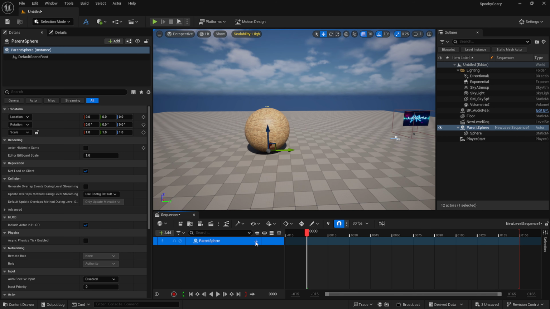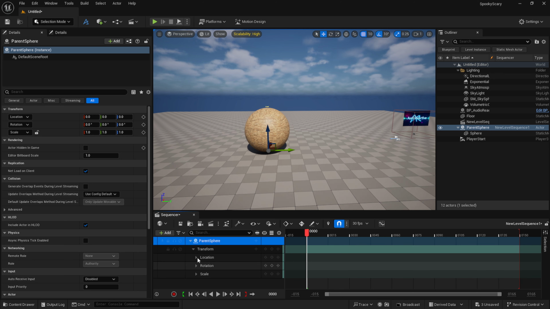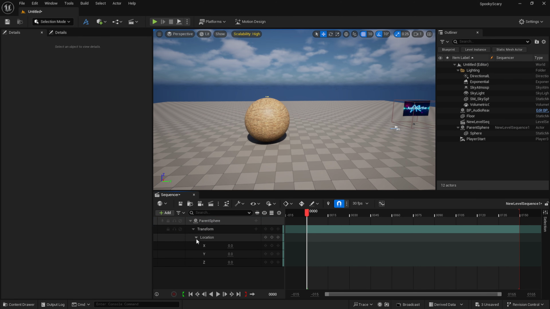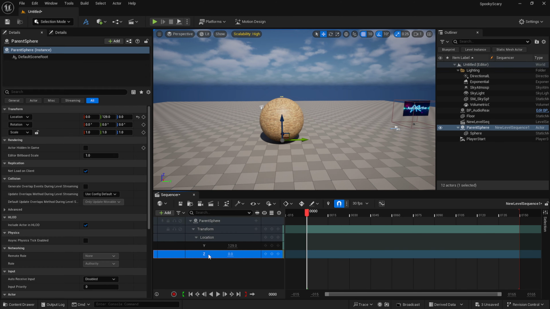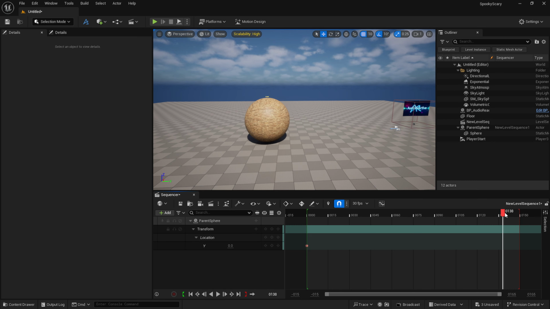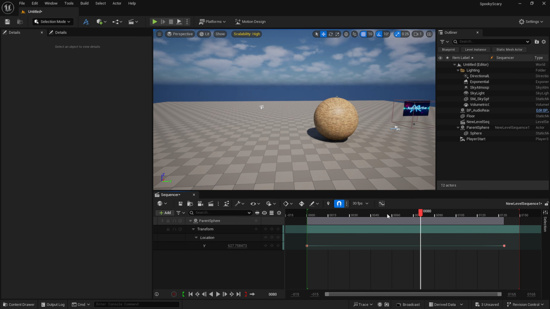And in here we'll add a track, add a transform track. For this I'm just going to do a simple location transform. For cleanliness you can always delete transforms you don't intend on using. So if I just want to move him on Y, I'm just going to delete X and Z and keep it super clean. So if we set this back to 0, let's go ahead and set a keyframe. And then over here we'll just drag it down and set another keyframe.